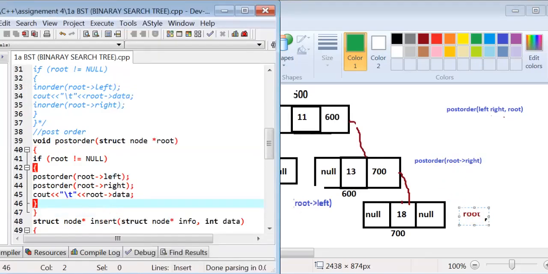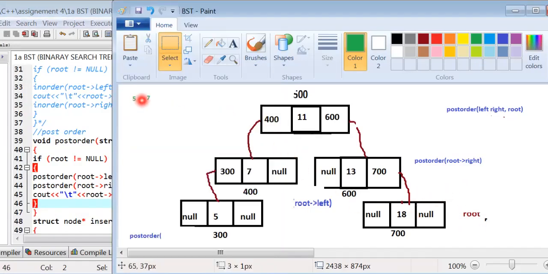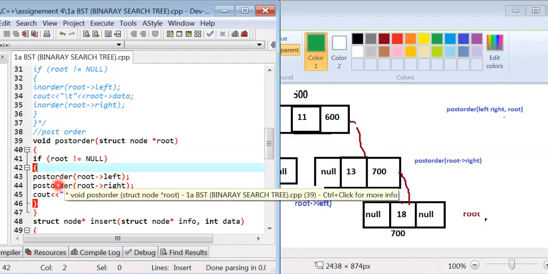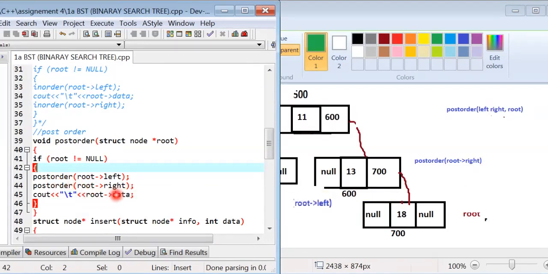And cout data. Data part is 18. 18 is displayed. And post-order root right: root right value is null.